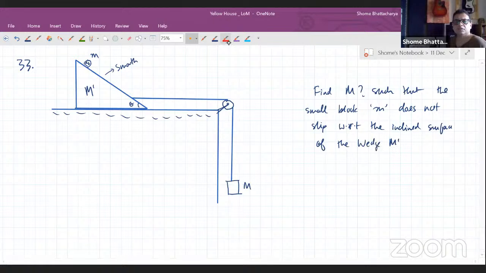Okay, so that means that this system is pulling it with an acceleration A. Now that acceleration is enough that with respect to that smooth surface, the small block m will not be sliding